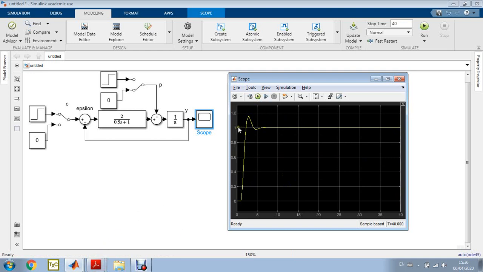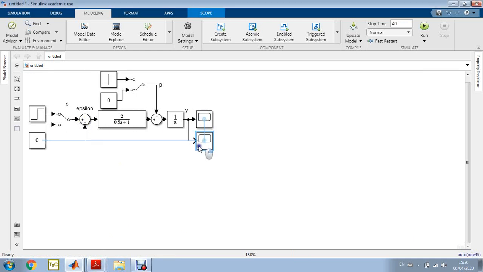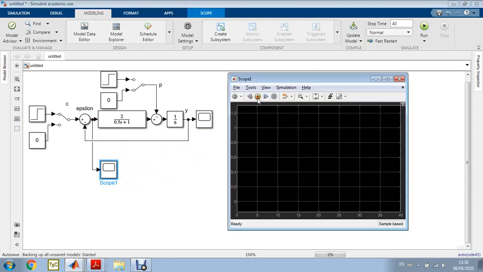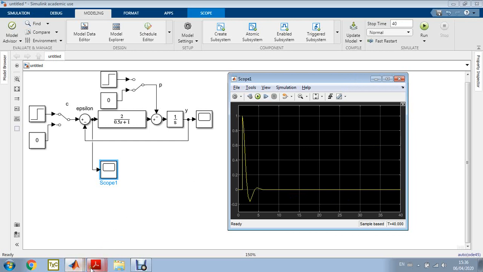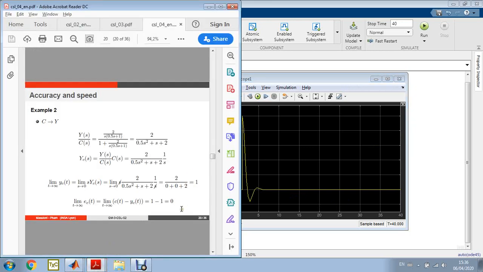We have a final value of 1, which means that the error is 0. Actually, we should visualize also the error. This is the epsilon error here. We said this will yield 0 error, so let's visualize. The error goes to 0 exactly. So it's exactly what we predicted. We have a final value of y due to c equal to 1, which means that the error is 1 minus 1 equal to 0. So let's